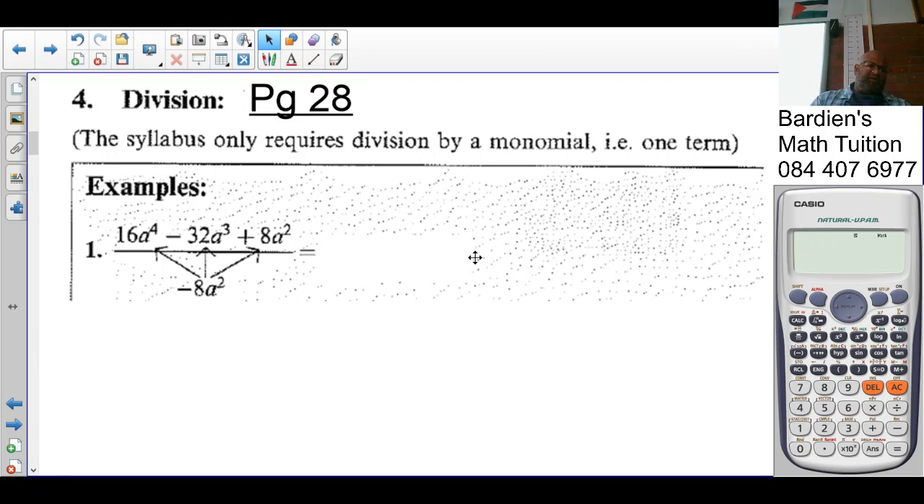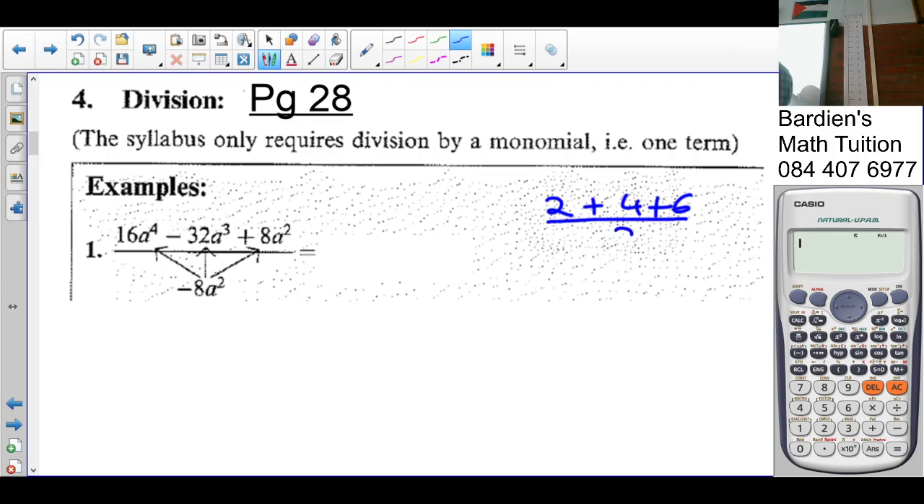So, first question, example 1 on page 28, dealing with division. We are given 16a to the 4 minus 32a cubed plus 8a squared over negative 8a squared. So, just to take you one step back, if you have 2 plus 4 plus 6 and all this is over 2, how can we simplify this? What would we do? Add the top, so it's 2 plus 6 plus 4 is 12 over 2. And 12 over 2 is